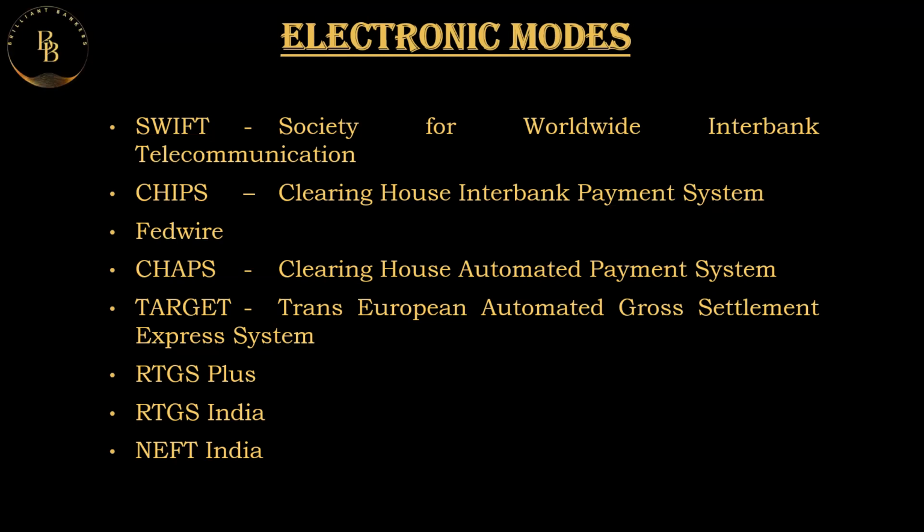Coming to CHAPS, this belongs to the British people. So CHAPS is Clearing House Automated Payment System. This is a British equivalent of CHIPS, handling receipts and payments in London. This system works on the same principle as CHIPS. What was it? It was netting. Working on the net payment settlement system, CHAPS is used by a large number of banks in the UK, with about 20 member banks and over 4,500 indirect members using the system through some large banks.